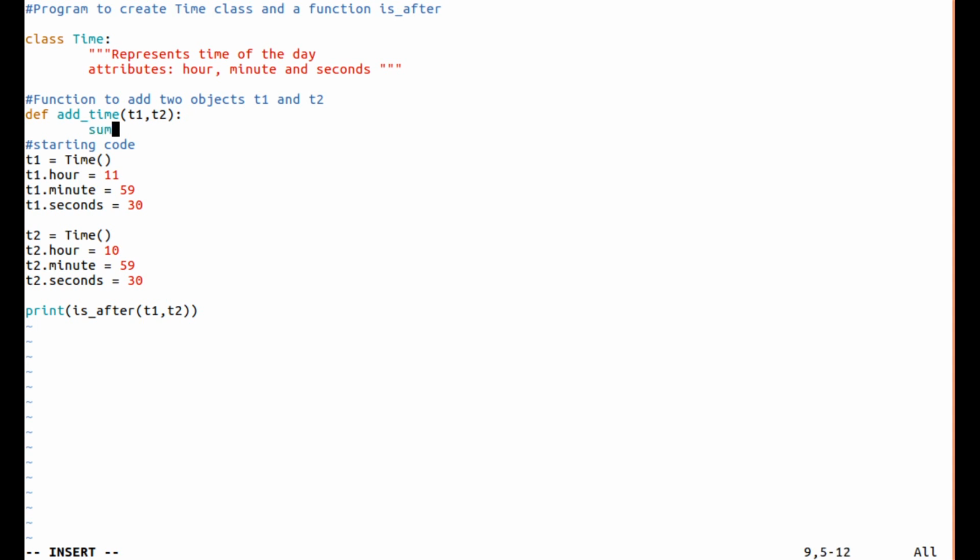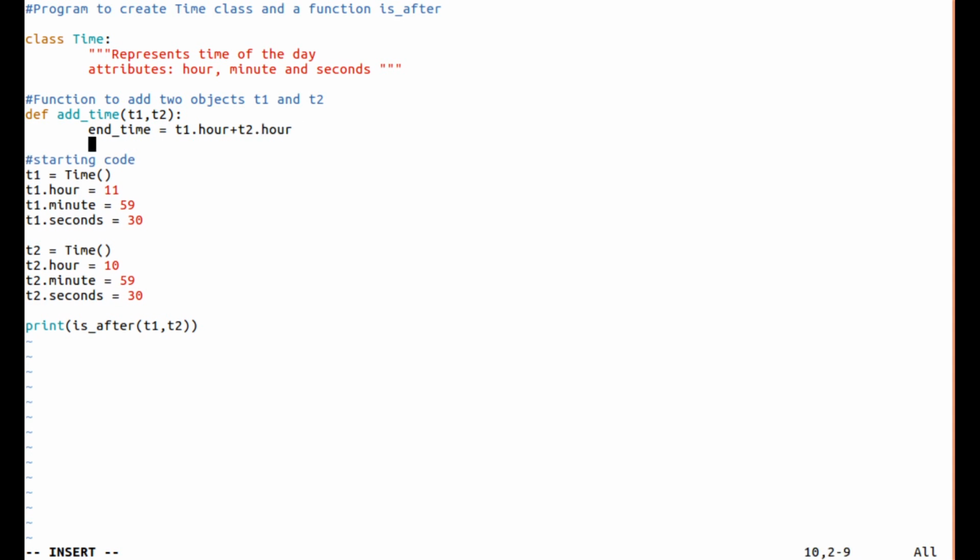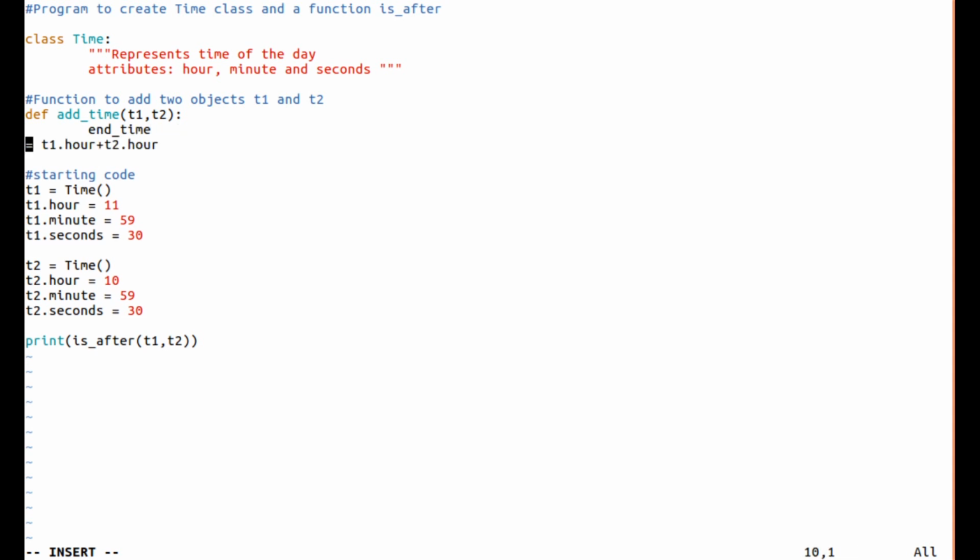Here let me create a new object called sum, or I'll write it as end_time. First the end_time object has to be created, equal to Time, a new object called end_time will be created.